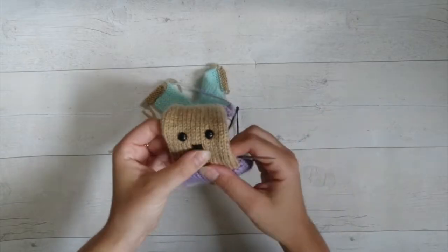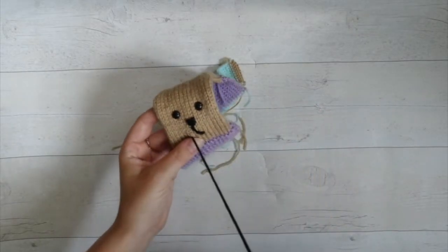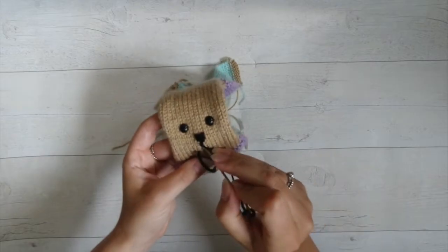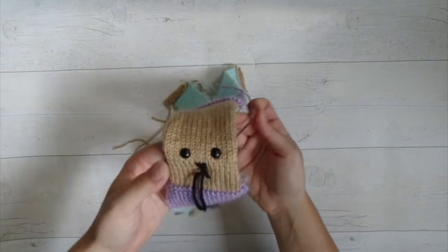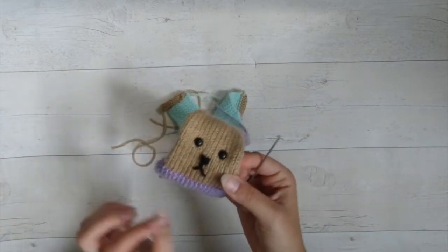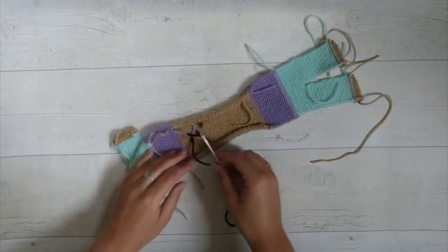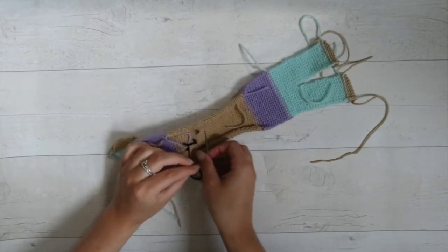And I'm just going to do the same thing on the other side, and pull that through so we finish it off with the end of our yarn inside the head. So I'm going to flip the head over now, and just secure it in place. So to secure it in place,